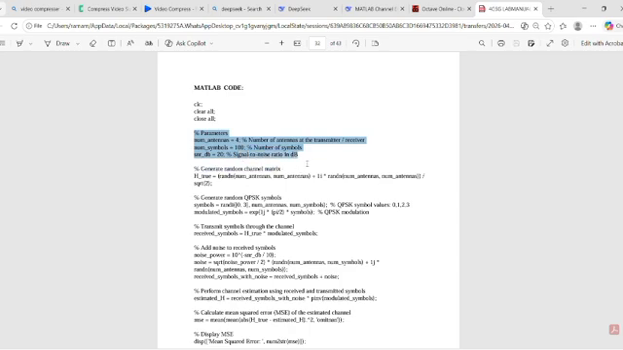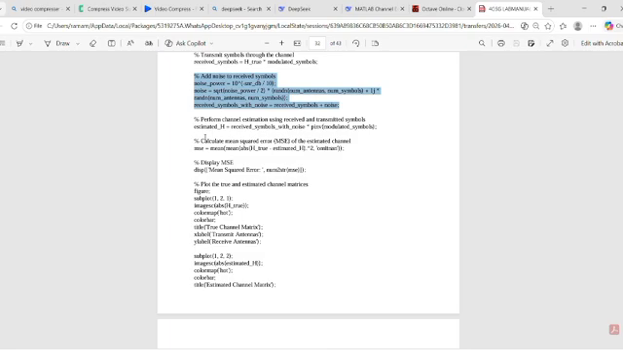Here, we have the MATLAB code for the simulation. The script is designed to handle everything from setting the initial parameters and generating a random channel matrix to modulating QPSK signals. It then simulates transmission and noise, performs the channel estimation, and finally calculates the mean square error and sets up